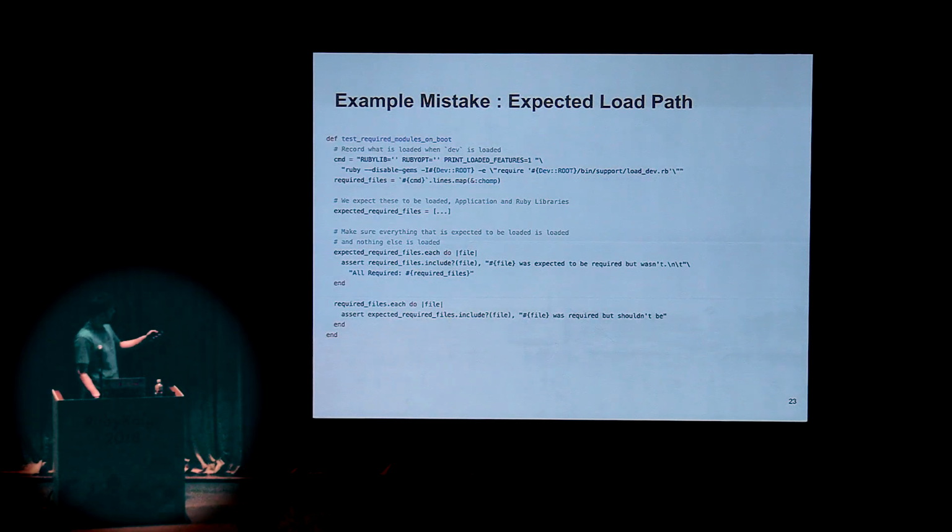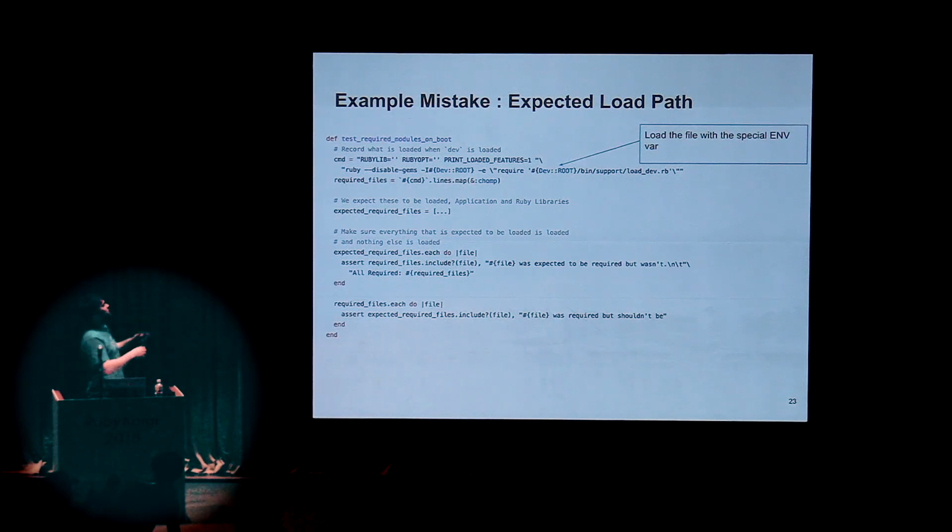And so at the top here, we literally craft a command, which is Ruby disable gems with this library, run the file that I just showed you in the last one. And because we pass this print loaded features, the output of this command will just be the things that are required after we boot the application. So we can take those required files,